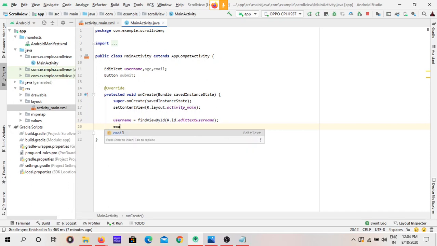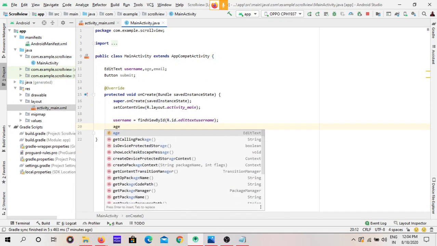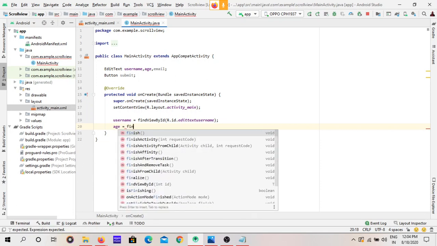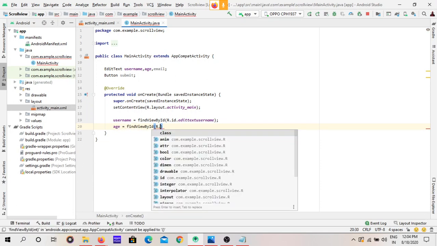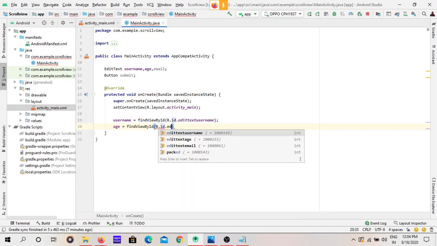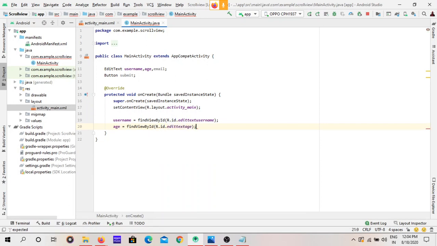Do the same for email, for age, and for the button.